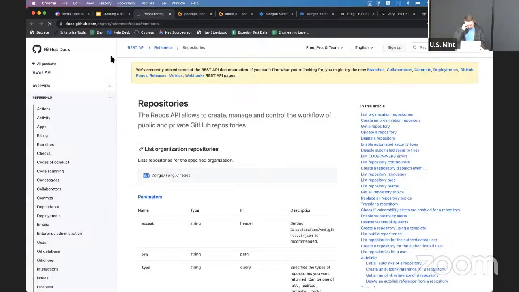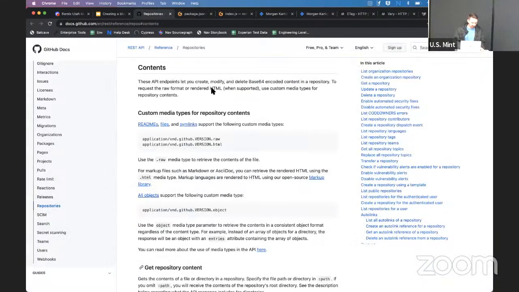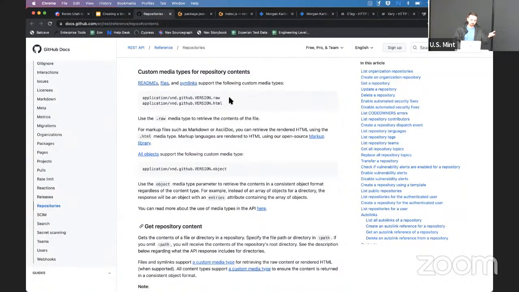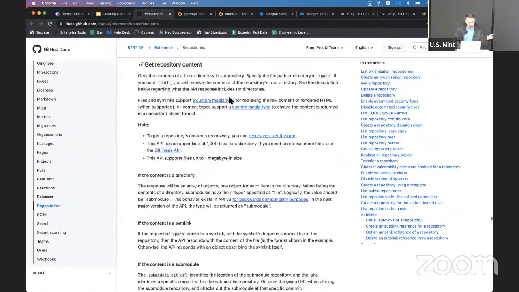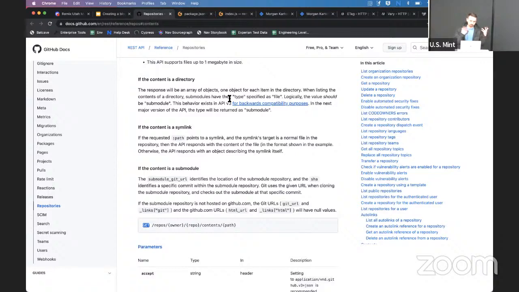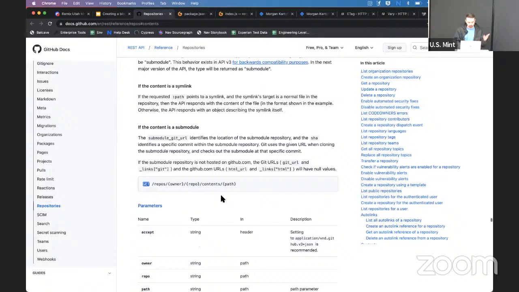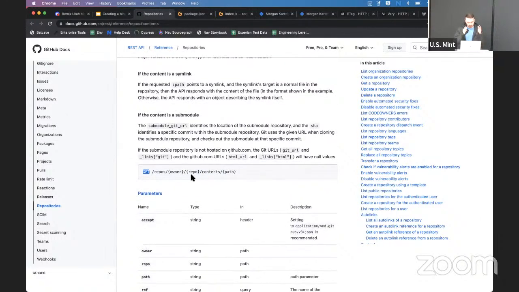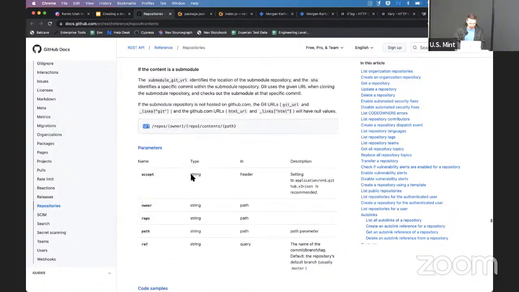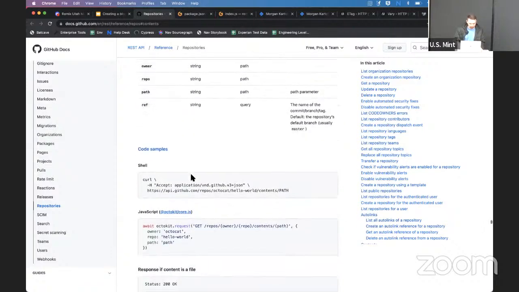For me, I wanted to keep it pretty simple. The GitHub Issues API can work great, but I just wanted to keep it with the GitHub Contents API, essentially just saying, hey, GitHub, I have this file that I want to get the contents from and return it. It's pretty straightforward. You do a GET request to repos, whatever owner, whatever repo, contents, whatever the path is, and it can return file contents.